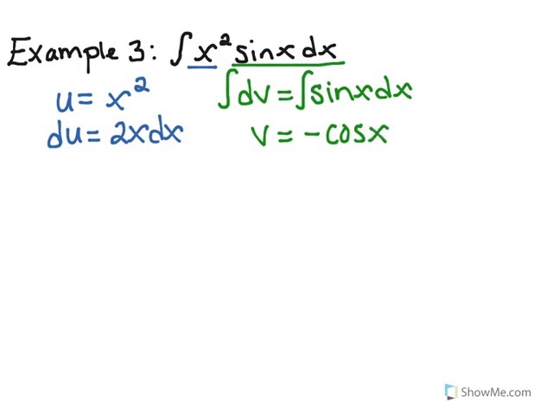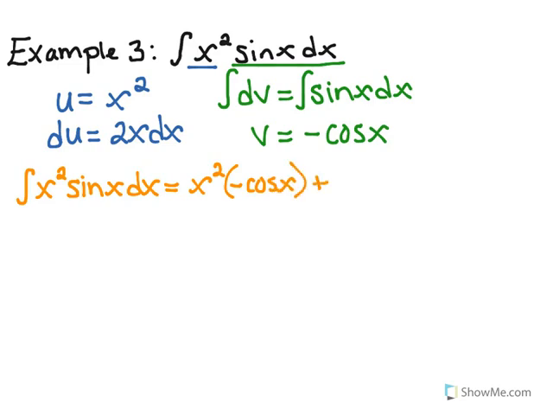And now we're ready to start our formula. So we have the antiderivative of x squared sine x dx is equal to uv, x squared times negative cosine x